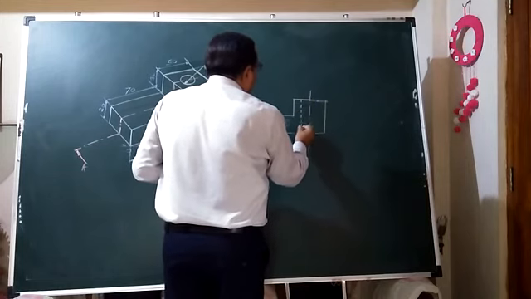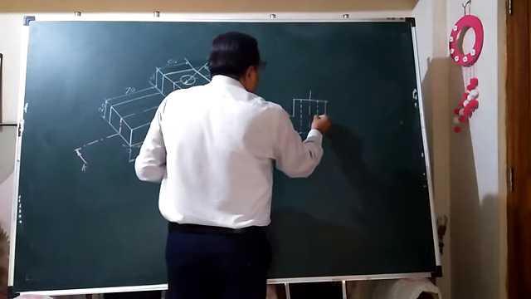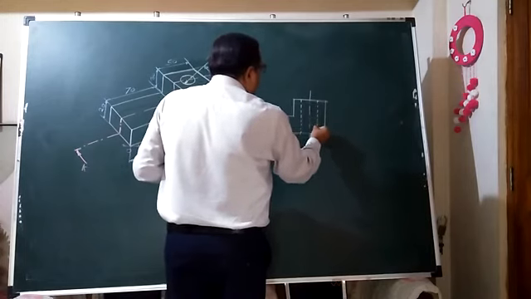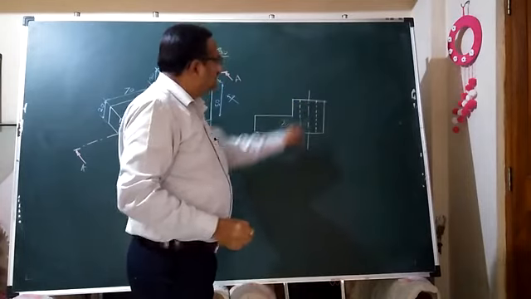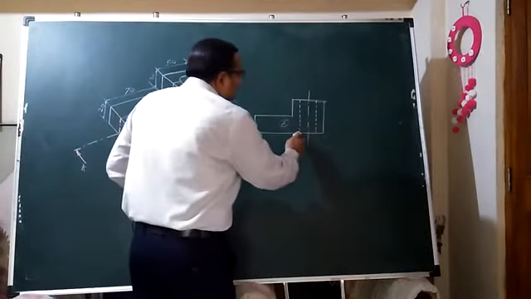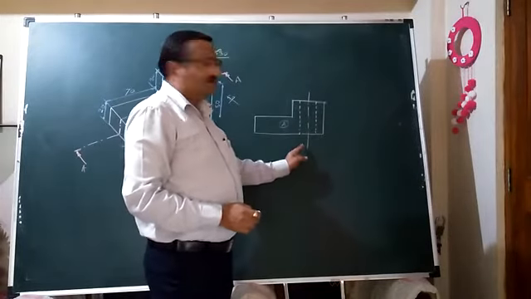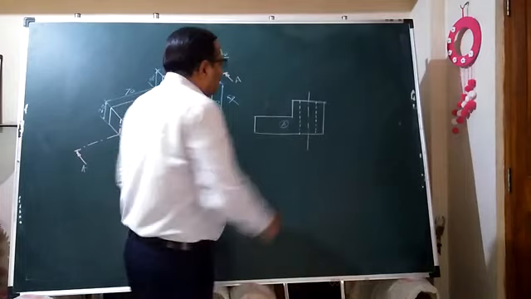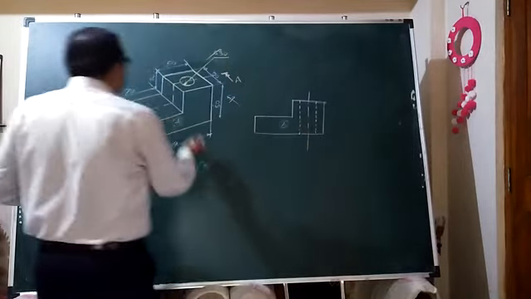And the dashed medium thick line, how to construct it, we have learned in the table. Small dash, small space, small dash, small space. Likewise, you have to create the dashed medium thick line. What is the significance or application of these lines? This is the center line, where the hole has been drilled, and this is the surface A, and in the direction of A,